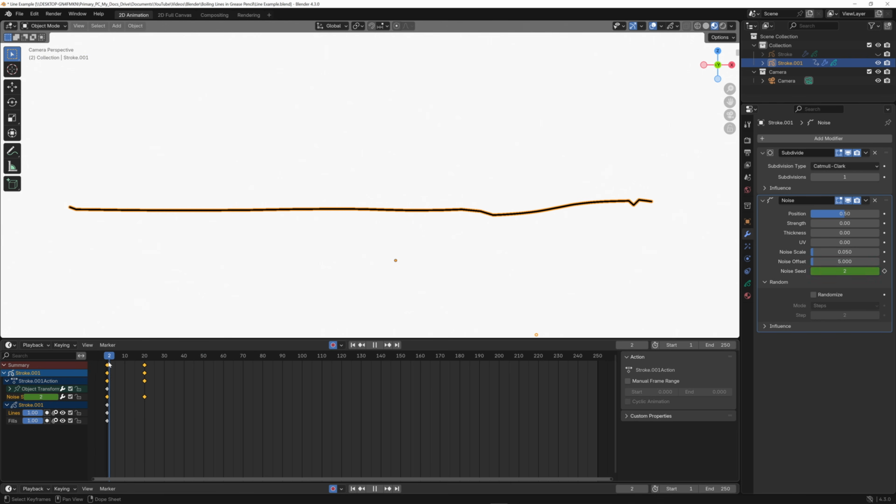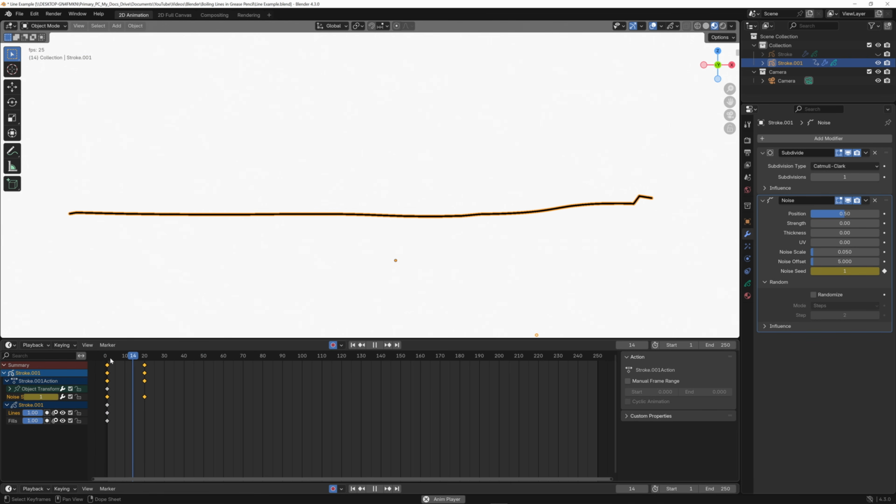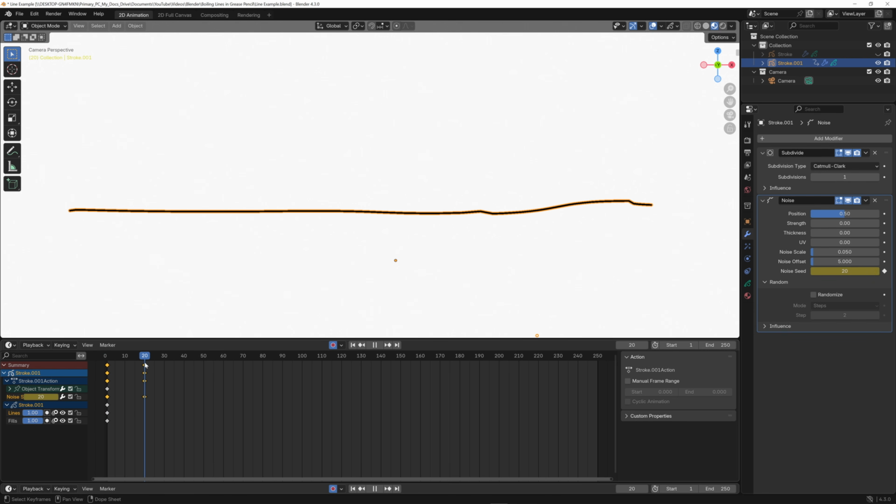Now, what I like about this is I have a lot more control. So if I go to frame 20 where I have this keyframe and I'm at 20 over here on the noise seed, if it's not going fast enough for me, I can click in here and change it to 40. Go back to 1, hit play. And you can see it's a lot faster. Or if I want to slow it down, I can go back to 20 with those keyframes selected. I can change this to 10. Now if I play, you can see it's a lot slower.